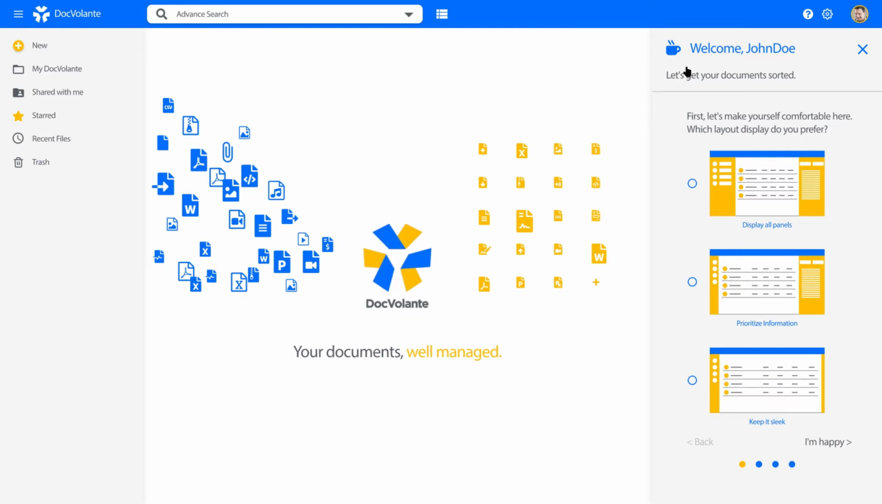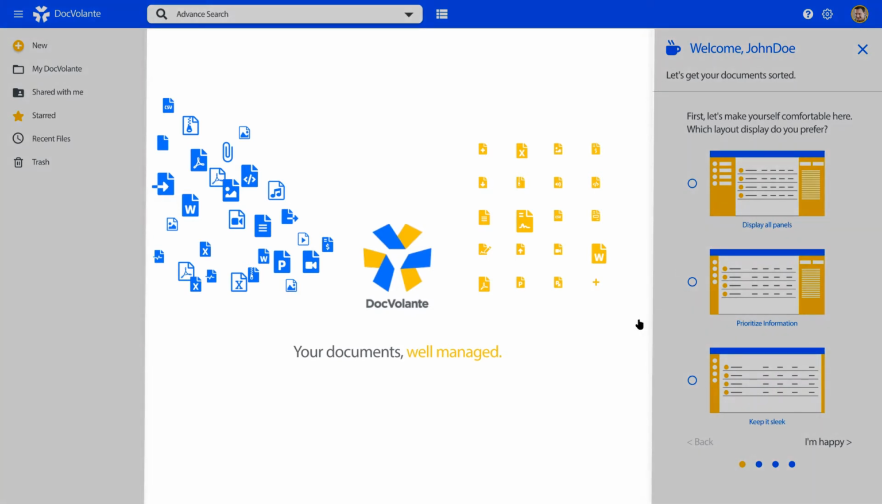This section only shows up the first time you are using DocVolante. It takes you through a few customization options such as display layout, priorities, hierarchy of information displayed, and so on. These customizations can be changed anytime in the settings panel. In the center of your work desk is your Workspace, where all your files and folders are displayed and the